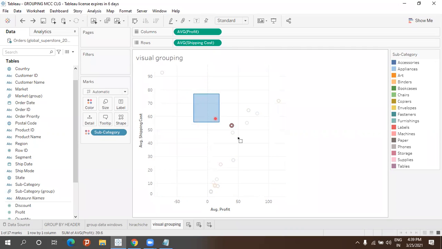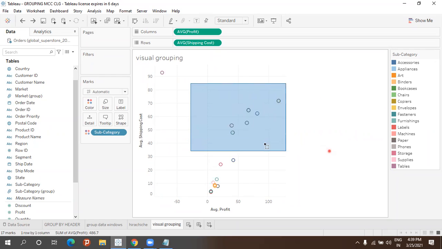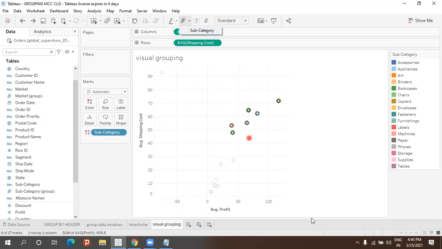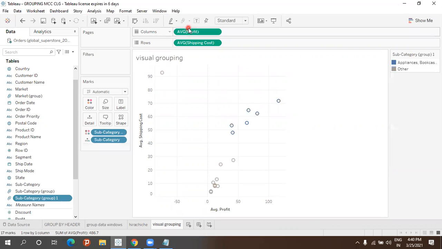Now what I will do, just click, not a long press, just a small click like this, and select this much. From here I'm clicking and selecting this much, around 6 categories that I selected randomly. Then I'm going to group it as subcategory. There you see, it turned into a different color. I selected like this, then just clicked on group. Now I'll ungroup here. After selecting the same thing in the marks, I ungroup.